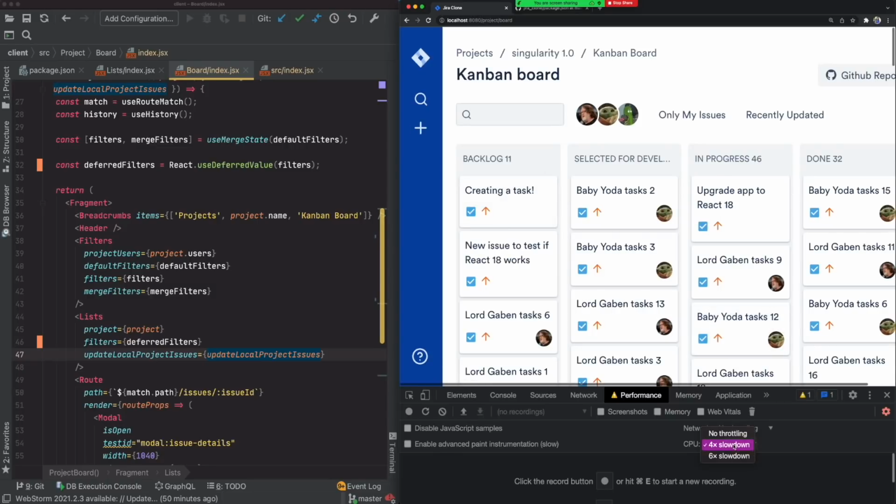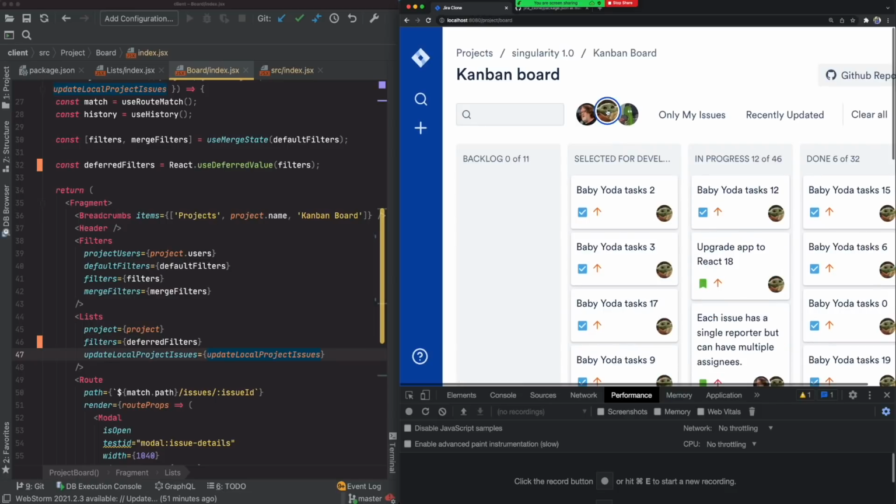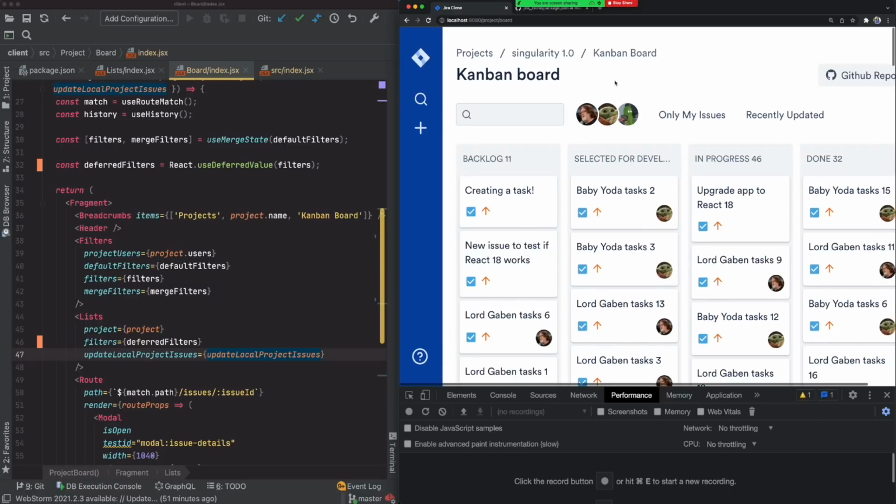So let's go back first into my no throttling mode and ensure that my app is working fine there. So when I click on it, I should be able to go as fast as I am. This is just a normal computer. This is my fast computer. So I can see that the blue border appears as fast as I am moving and clicking. Now let's throttle to a slower computer. Let's ensure that our app is working for a slower computer as well.